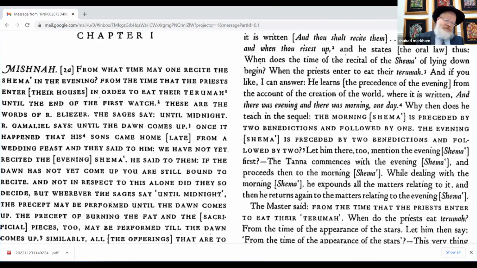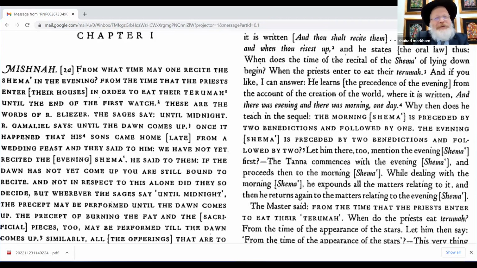The sons of Rabbi Gamliel. It was a king's home. It was nobility, a noble home, and they were up a whole night at a simcha, a wedding feast. And they said to him when they got home, I guess he was up when they came home. He probably was, yeah, because he knows he could say Shema till the morning, right?